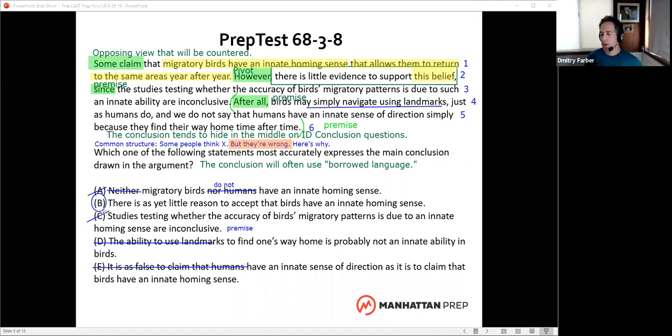So one thing that's really important when I call this session, what is the issue? It's kind of this idea of what are we even trying to figure out? What is the author arguing about? Is the author arguing about whether the studies are inconclusive? No, they're saying that they are. Are they arguing about human sense of direction? No, they're granting that we don't say humans have an innate sense of direction, right? Maybe you don't think that's true, but for our purposes, we're not worried about that. We're saying that's what the author thinks that we all agree on. And their point is that therefore we shouldn't accept this belief yet. We shouldn't say there's evidence for this belief yet, even though it may turn out to be true. Okay, so watch for what they really say